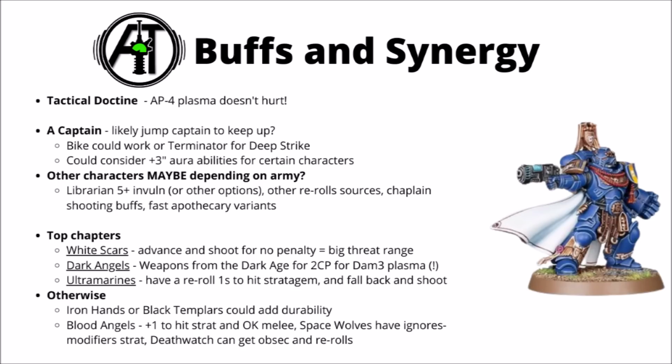if you're feeling generous. Blood Angels I think are interesting enough, a +1 to hit stratagem when they fall out of Deep Strike, a better charge if they want to charge from Deep Strike, better melee when they get there, and the ability to jump out of combat if they happen to get locked up to come down blazing next turn again. Space Wolves have got an ignores modifier stratagem that could be handy for advancing them, plus you could